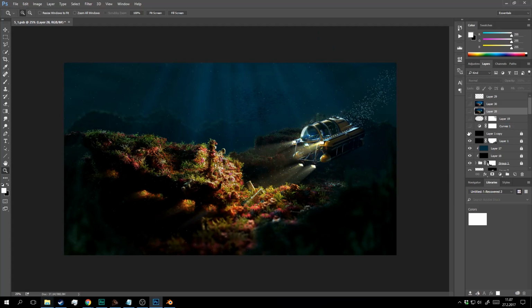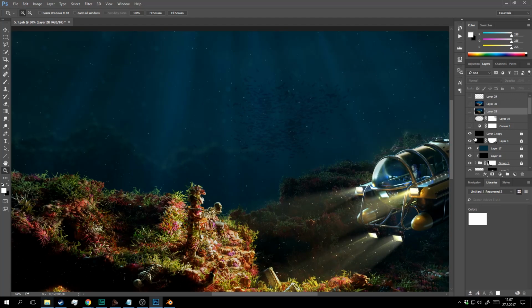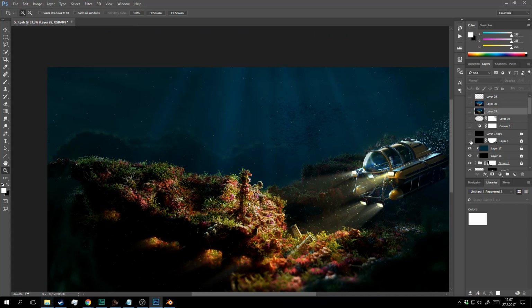And another adjustment layer. Let's zoom a little closer. So this was making those little bubbles or whatever those are. We just need something in the air or in water to make it look like it's water, because natural water is not very clean.